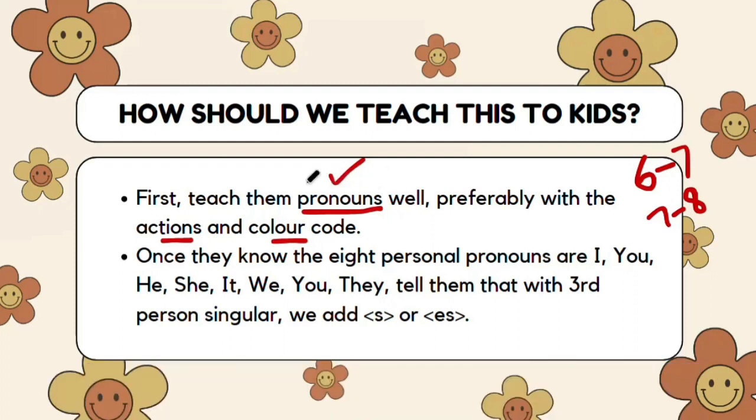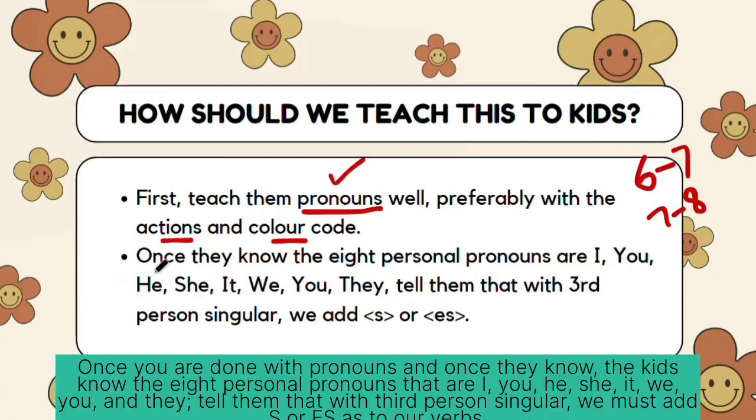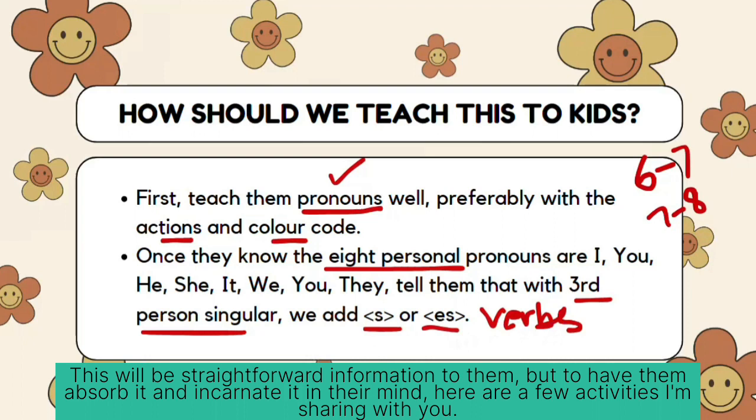Once you are done with pronouns and once the kids know the 8 personal pronouns, that are I, you, he, she, it, we, you, they, tell them that with third person singular, we must add s or es to our verbs. This will be straightforward information to them, but to help them absorb it and to incarnate it in their mind,